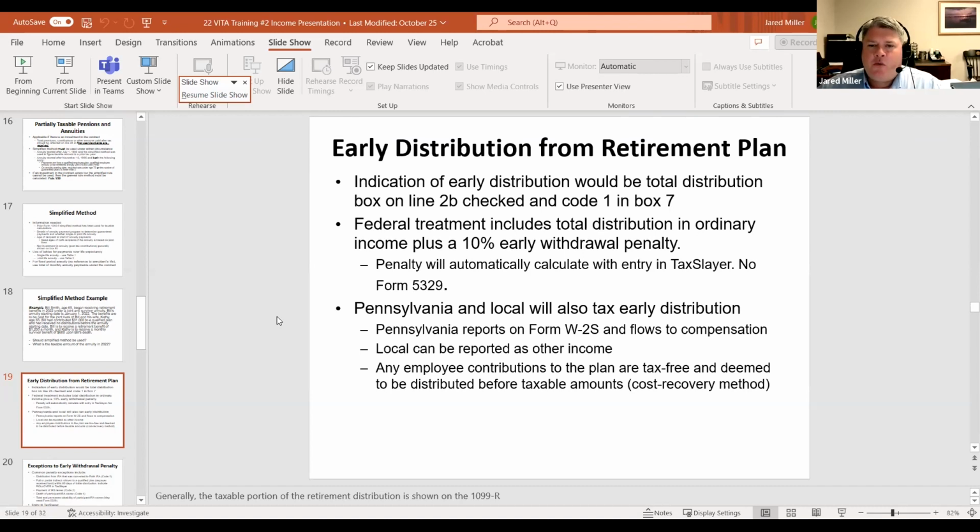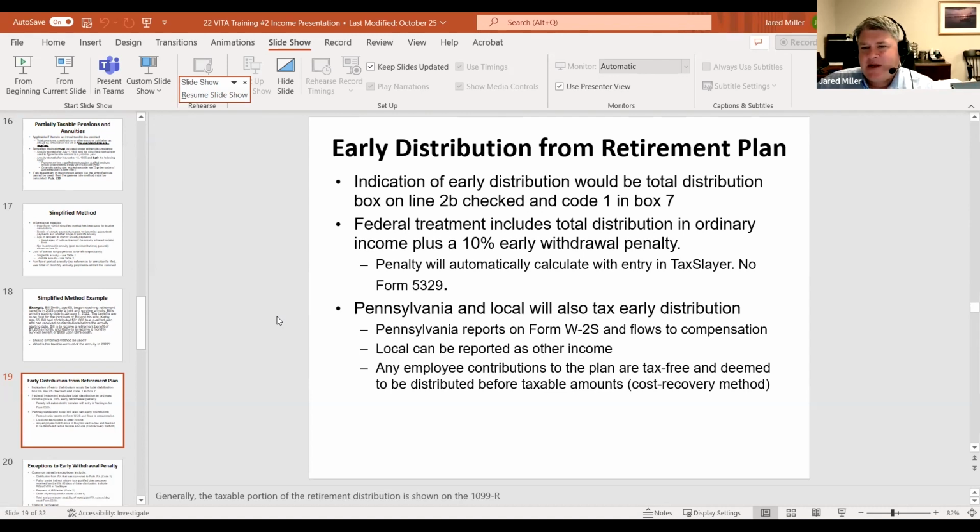Usually I refer to the code 1 in box 7 as our, not quite sure I'm allowed to use brand names. We normally will call it the Kleenex code, or we'll just call it generic facial tissue code, just so maybe that's what's getting kicked off of YouTube, that we're using product names without appropriate endorsement, but we'll see what happens.